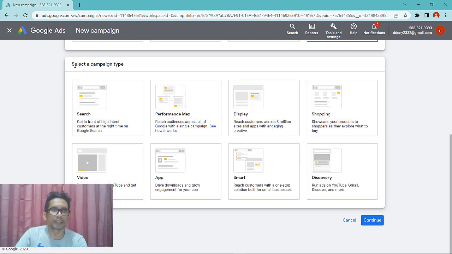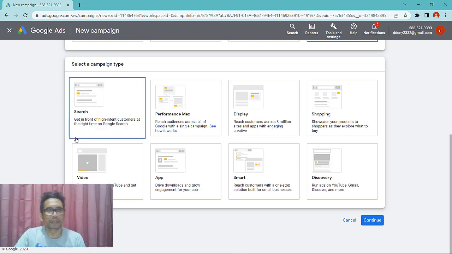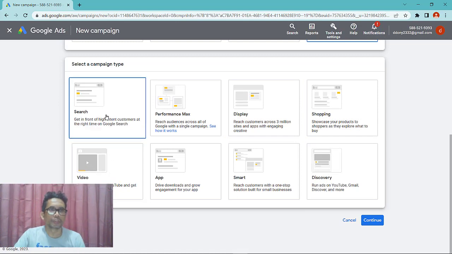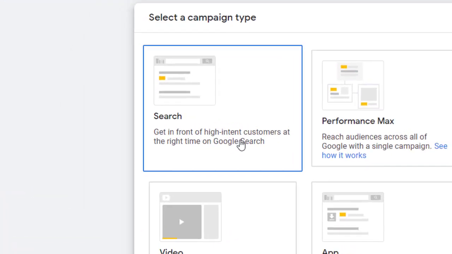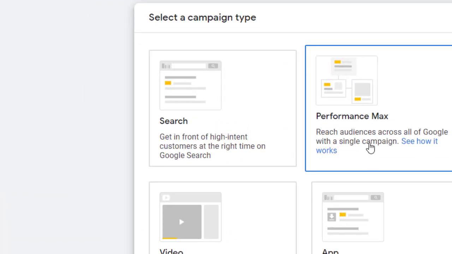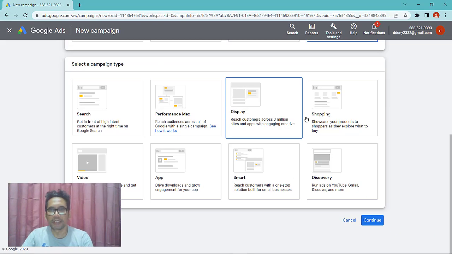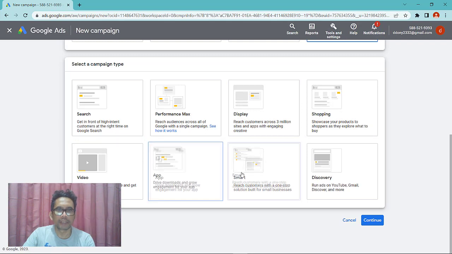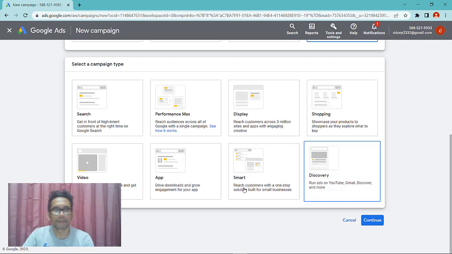Select a campaign type. There are several types you can choose. Search: get in front of high intent customers at the right time on Google search. Performance Max, display, shopping, video, app, smart, and discovery.